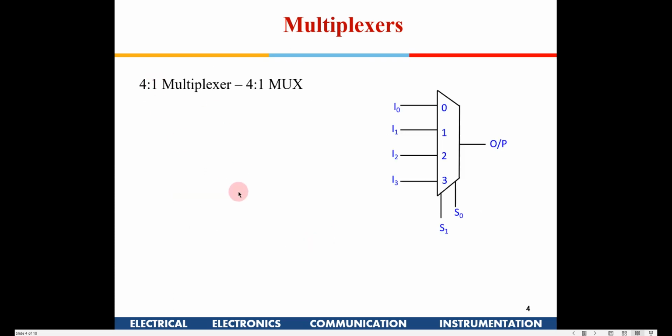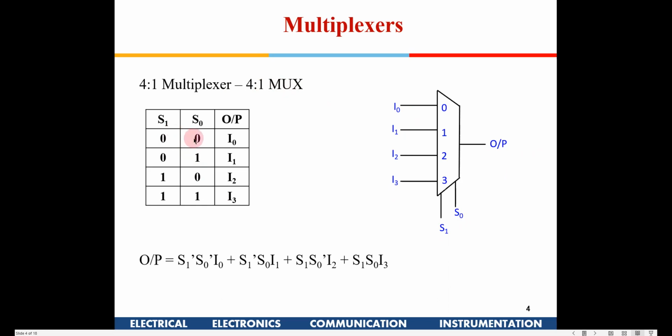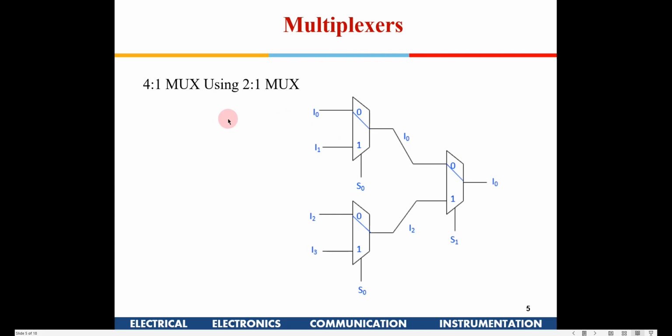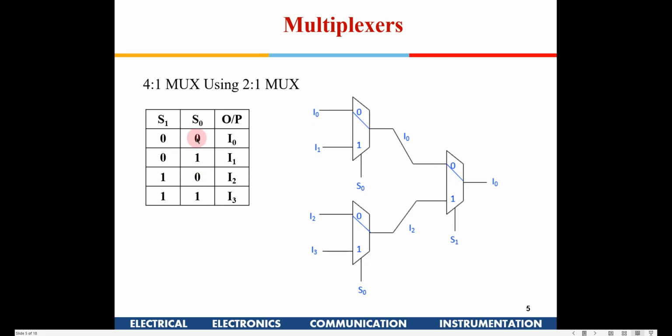Similarly, you could have a 4 into 1 mux. So you will have 4 inputs, 1 output and 2 select lines now. Now if you see here, if the select lines are 0 0, then I0 will be routed towards the output. This will get connected here. So if you see here, this is showing that connection. Let me put the first condition 0 0. If it is 0 0, this will be connected out here.